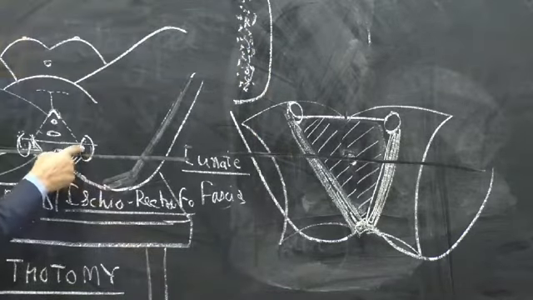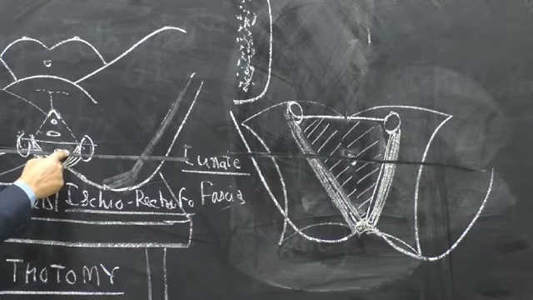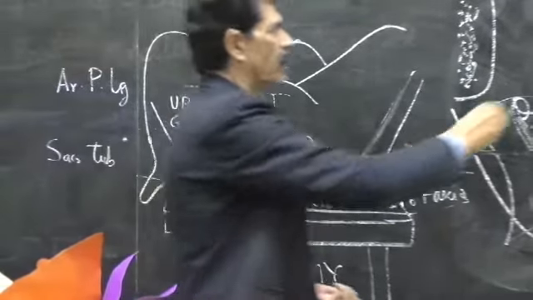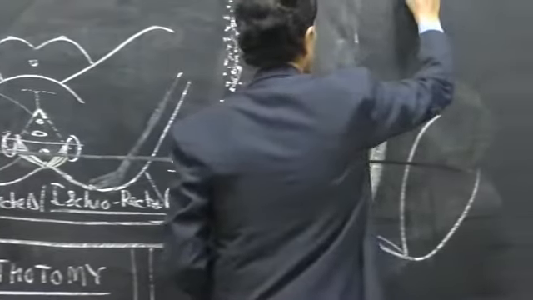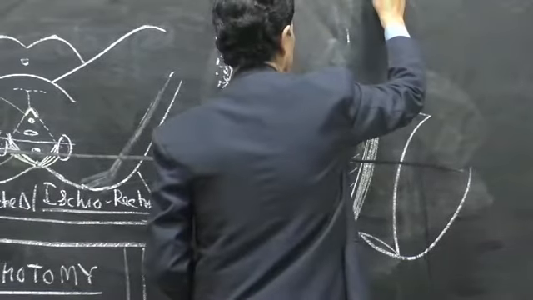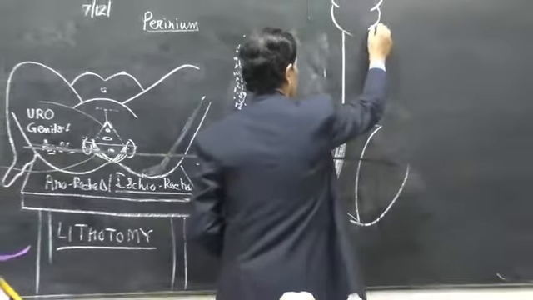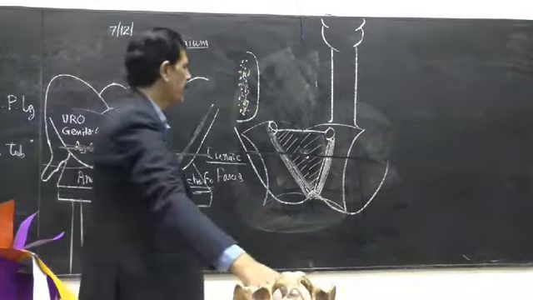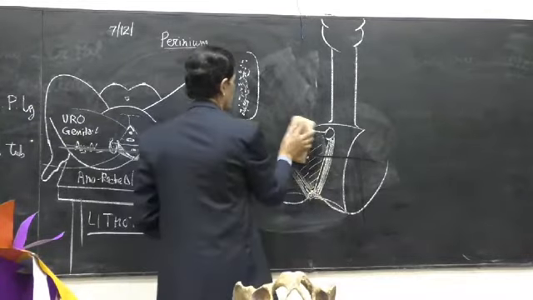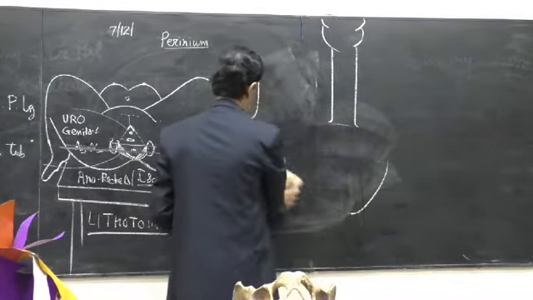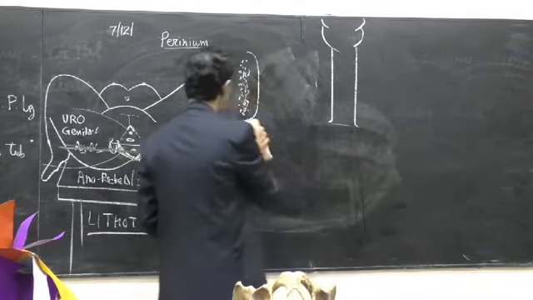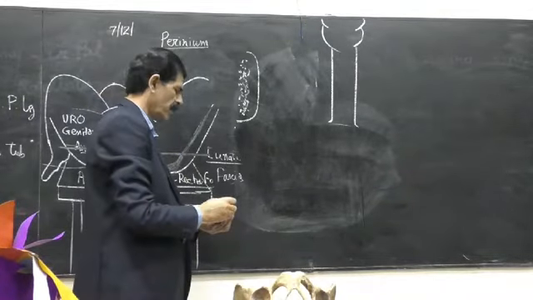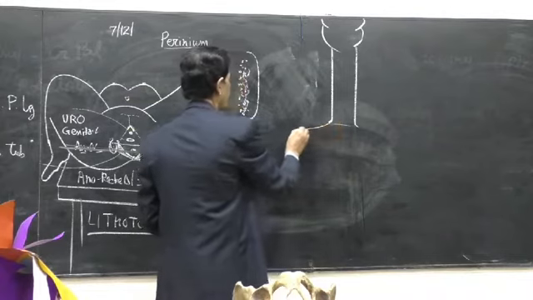Then, from the ischial tuberosity to the anus, there is nothing. It is hollow. Then the anus or the anal canal. And anal canal above is continuous with the rectum, and rectum is continuous with the anal canal. So anal canal is 4 centimeter or 38 mm. We have done it. And all the features of the upper 15 mm, middle 15 mm and lower 8 mm you should know how to draw and how to explain. This question is very, very tricky and important also.